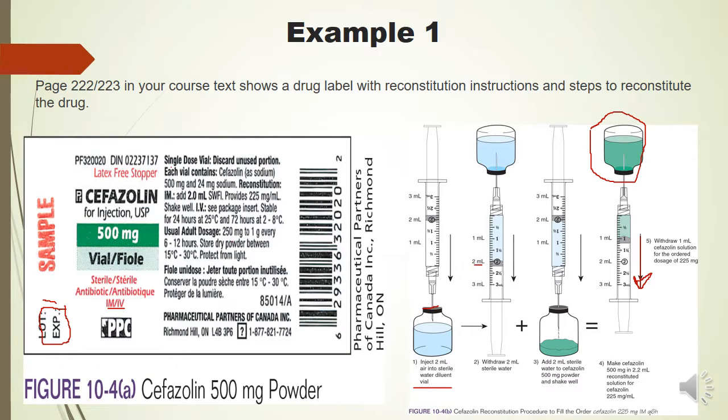IV, okay, C package insert. So in this case, I wouldn't ask you because it doesn't give you the concentrations or the dilution instructions. But then we read further: stable for 24 hours at 25 degrees Celsius, or 72 hours at 2 to 8 degrees Celsius, okay? So basically what that means is I could technically mix this up and keep it at room temperature, roughly, for 24 hours, or in the fridge for 72 hours, as long as that fridge is between 2 and 8